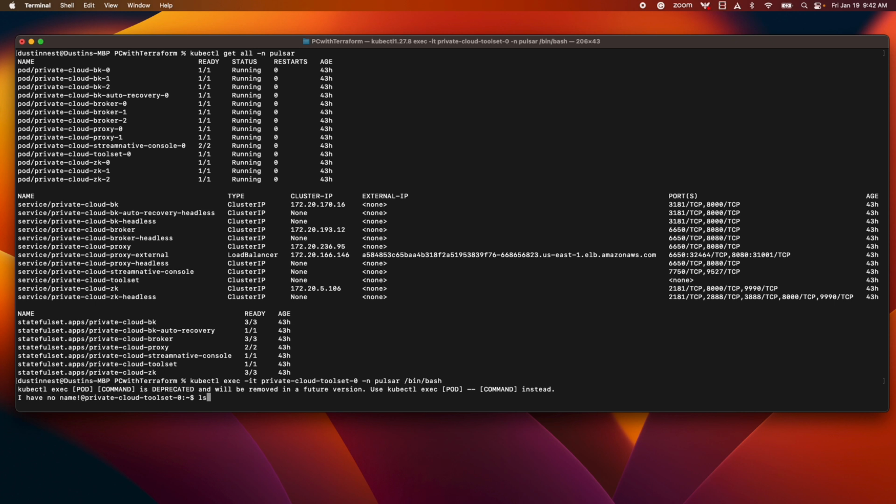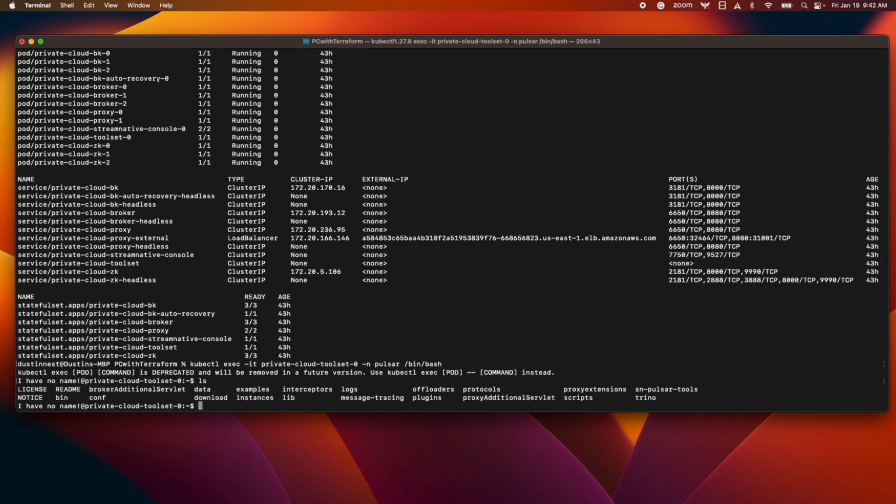Pulsar-admin's inside of the bin folder, so if I list out what's in here, you can see that there is a bin folder. You can move into that folder, but for the class, I'm just going to stay here at the prompt, and then to execute pulsar-admin, I'm going to do ./bin/pulsar-admin, and we'll create,